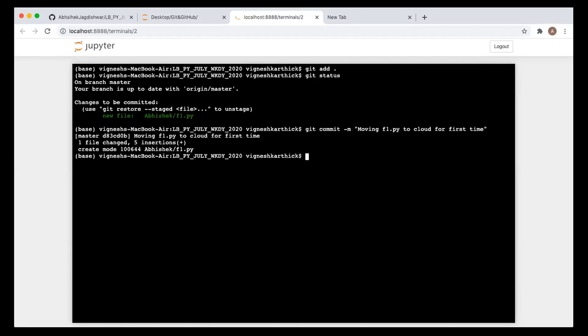Whatever changes we have made in our local folder or present working directory have been moved to the local repository, and from the local repository we need to move it to the cloud. Okay, but there is one problem. Let's try to do the git push